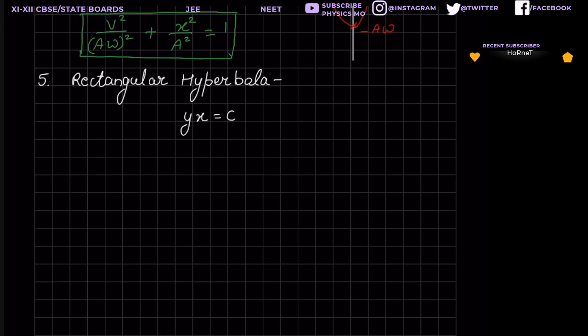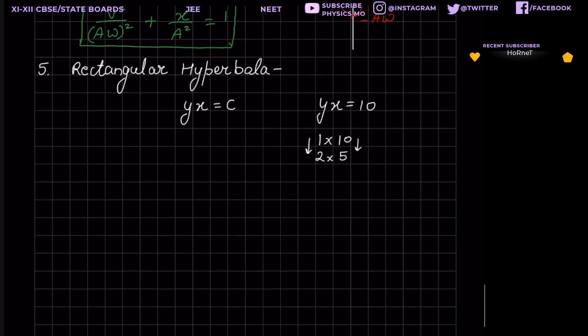फॉर एग्जाम्पल, let's say if y into x is equals to, so what could be the possible values? Values would be 1 into 10, values would be 2 into 5. You can see if one value is decreasing, the other value is increasing, है ना. this is what means this relation की y into x अगर constant है. So such type of functions form rectangular hyperbola, and this graph looks like